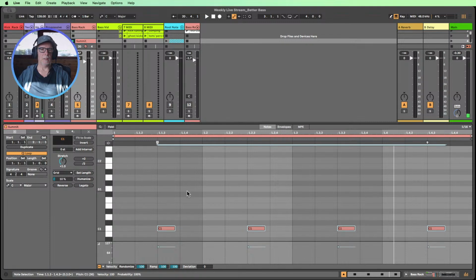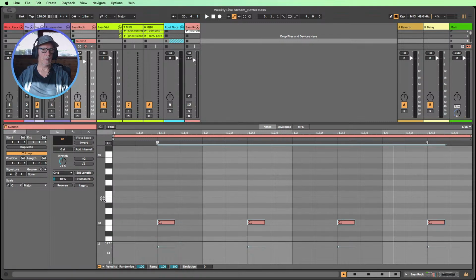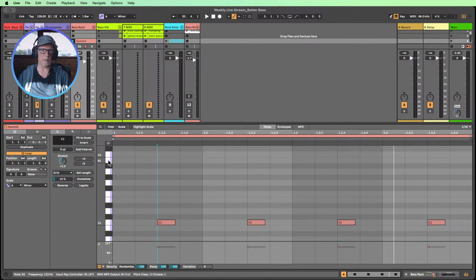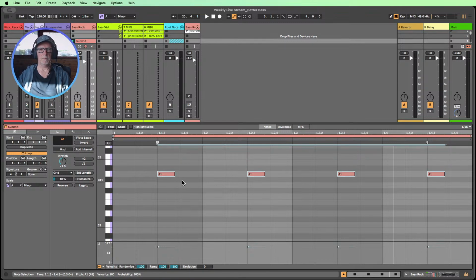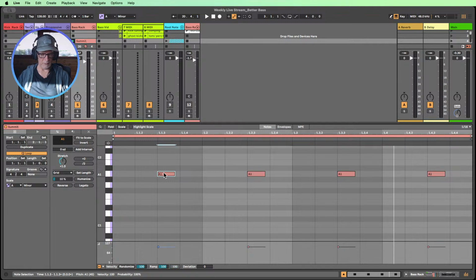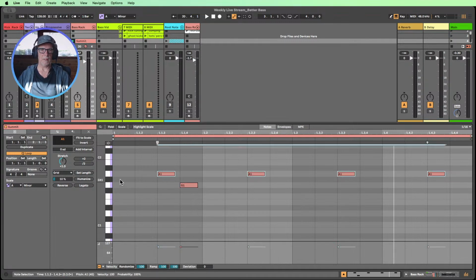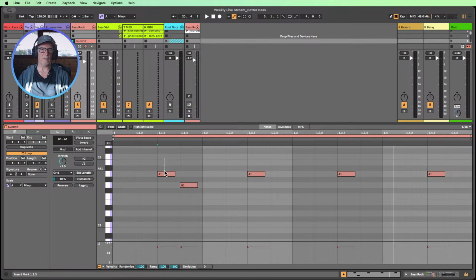But let's say we make it a little bit more interesting. And again, we've not really been worrying too much about scales or keys today. We've just been sort of exploring bass lines. But let's say we put this in A minor. So A is going to be our root note up there. And let's see, maybe we can have a rolling bass that goes into another note, like maybe from the 1 to the 7. That would be the 7th note in the scale, as the root is the 8th. So I'm going down, and that would be the 7 below the root. So if we had something like this,